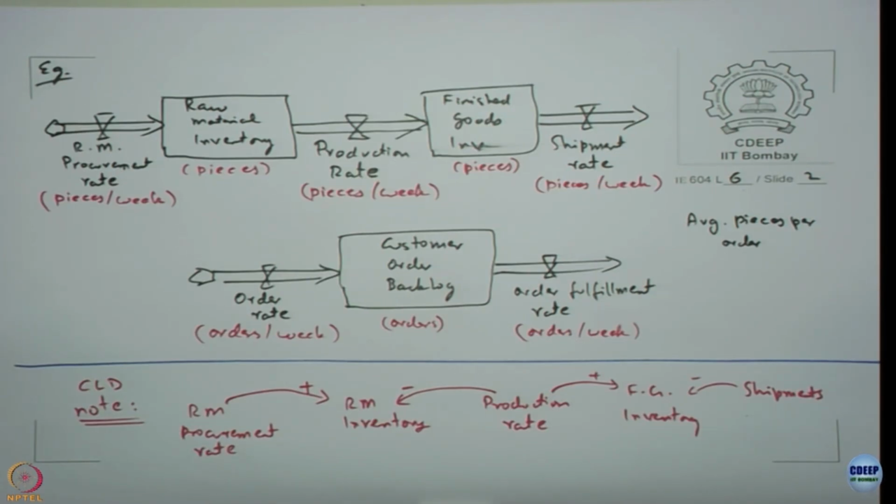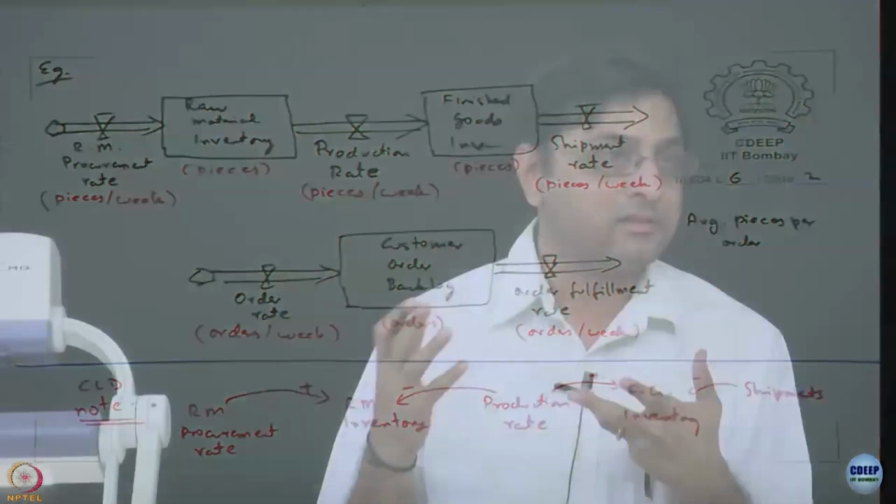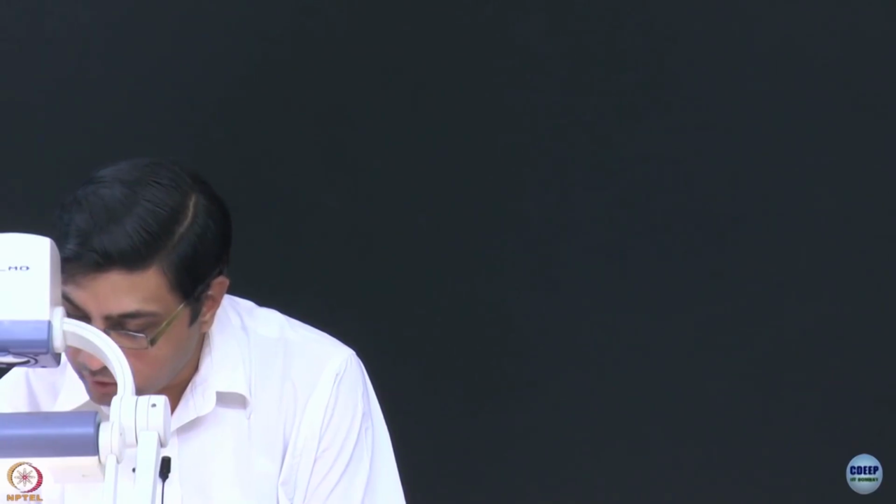Intuitively what we expect to do, without going into the equations, it is difficult. See, every week, imagine what do I do? I look at the backlog, okay, this is the backlog I have, then what is the average number of pieces that it demands, okay, this is the total pieces I need, then I look at the inventory, do I have enough pieces, and based on that I decide how much I should ship, correct. So, to decide on the order fulfillment rate, I need information about